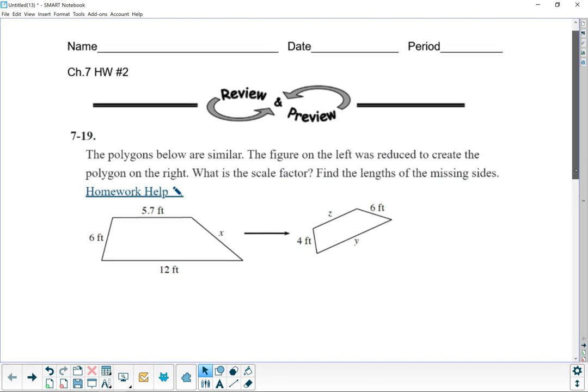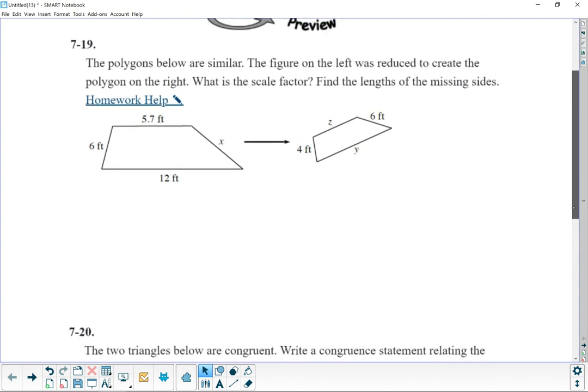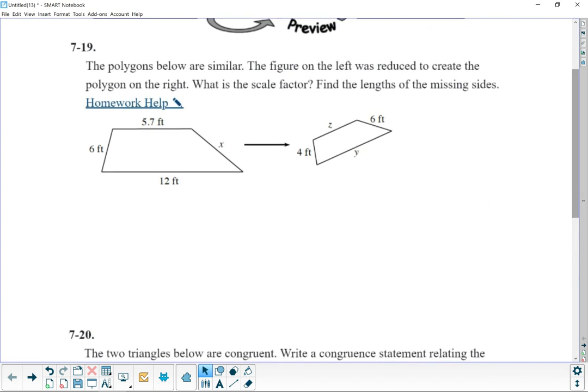So to do that, the figure on the left was reduced. The right is the image and the left was the pre-image, right? So the resulting figure is the right side, and it was originally the left. In order to find the scale factor, we need to take the final result and take the corresponding side. So this little side right here corresponds to this little side here, and we need to divide